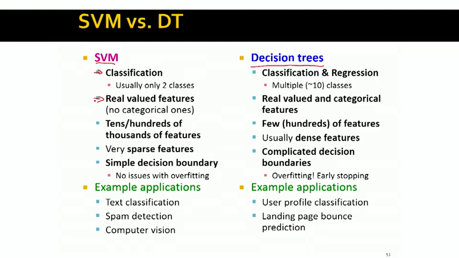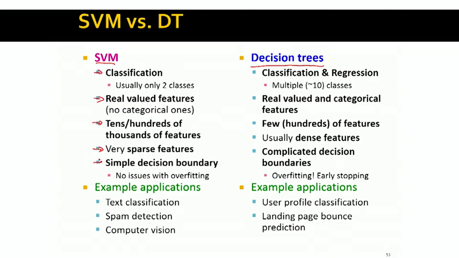So they are not, for example, used for categorical features like colors or weather types, right? SVMs are also very good when we have hundreds of thousands of features, when you have lots and lots of features. So for example, for text classification, SVMs are really great. They also work really well when we have sparse feature sets. What this means is that most of our features take value 0.